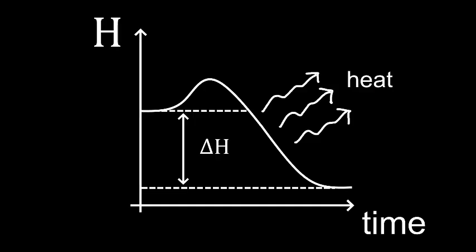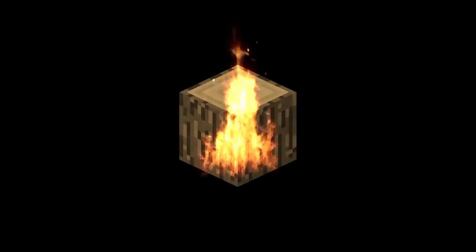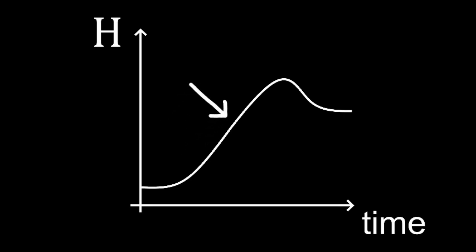It's easy to see how exothermic reactions can be spontaneous. It's kind of like a ball on a hill. It will only start rolling if you push it a little bit, but then it will keep rolling on its own, just like wood keeps burning on its own. But in endothermic reactions, you have to keep putting in energy, like pushing a ball uphill. That doesn't just spontaneously happen, right? Well, yes, actually it does.